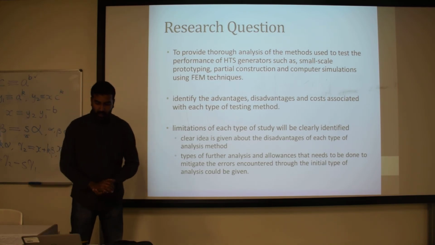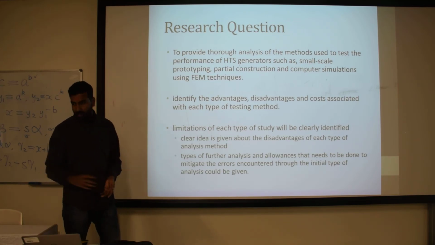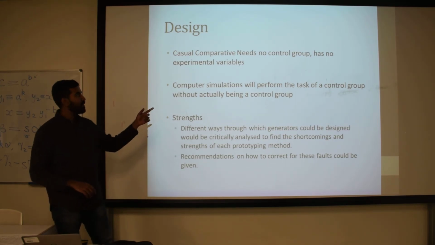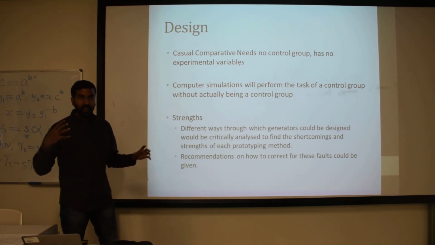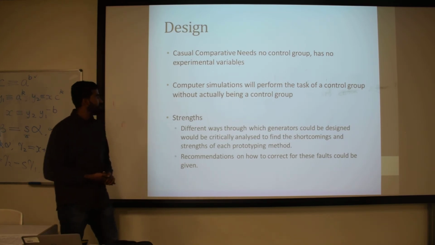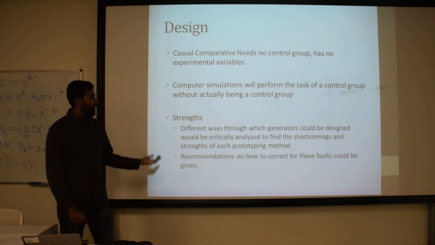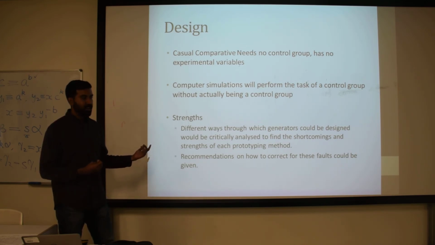Now the design. The design is causal comparative, because we don't need a control group, we are just analyzing the different methods. And if we did have a control group, it would be the computer simulations, because they will allow us to compare the other two together. The strengths we could